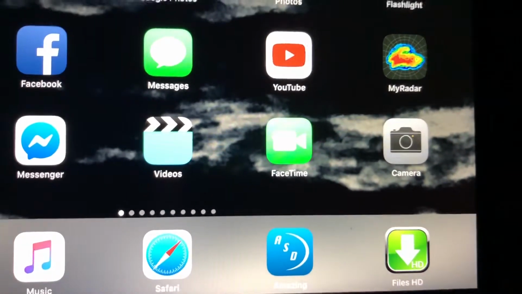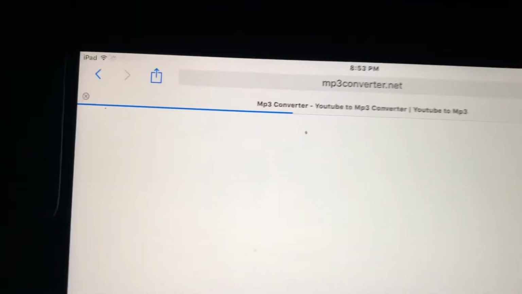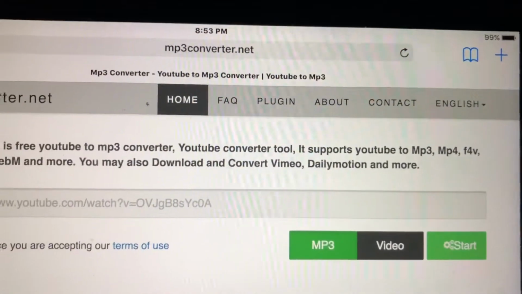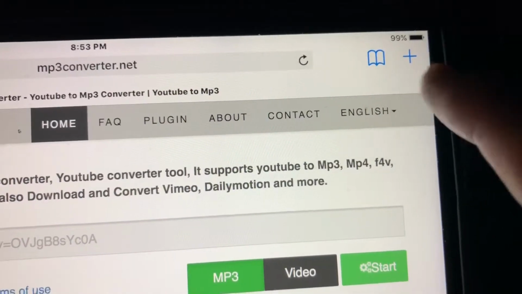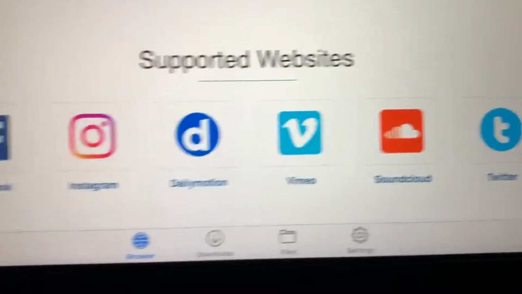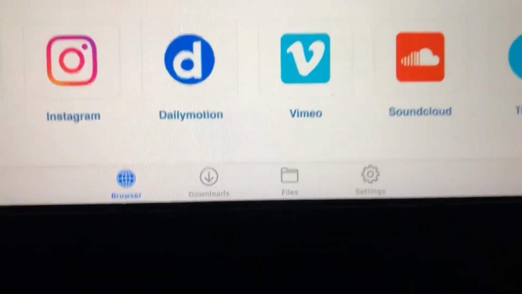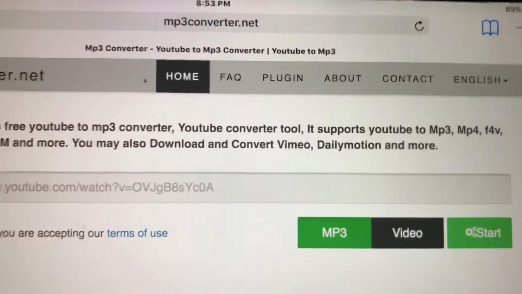So when you launch it, watch this, it looks just like a web browser. It sort of looks like Safari, you see. Wait a minute, it's going to the last link I was at. See, it looks like Safari up there. And it has a little bookmark for your bookmarks, so you can add a bookmark. It's kind of like Safari. It has these things at the bottom: browser, downloads, files, settings. You don't need to do any of that, but what I have in my bookmarks